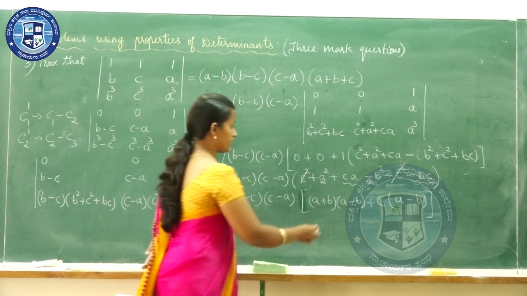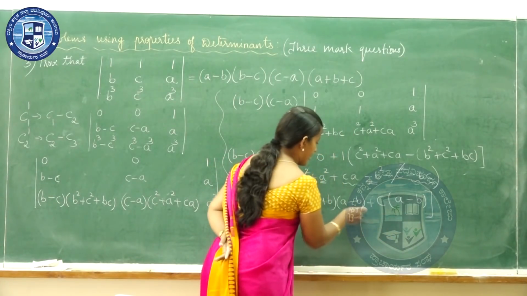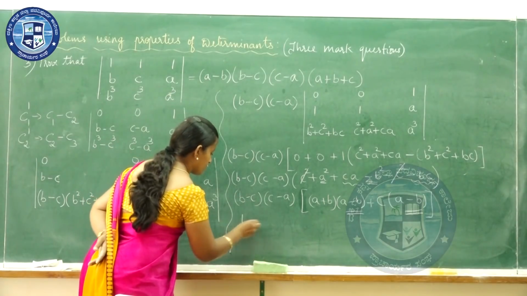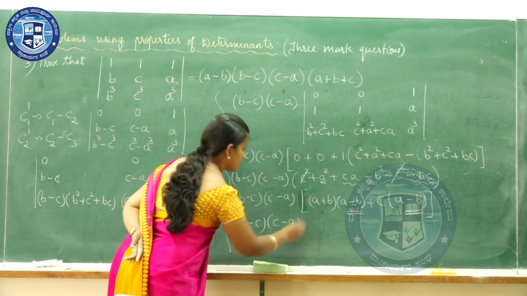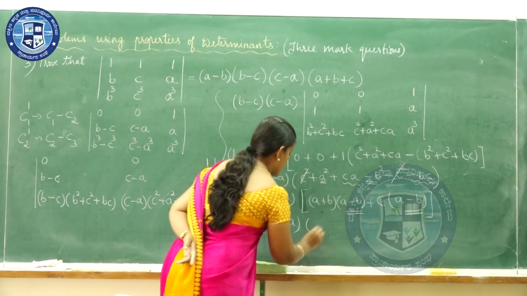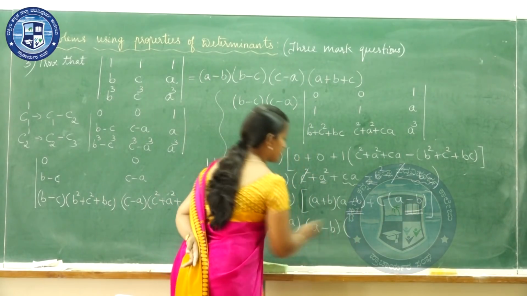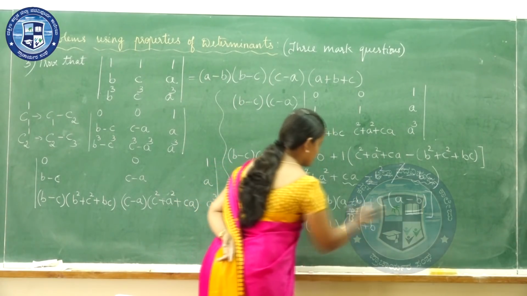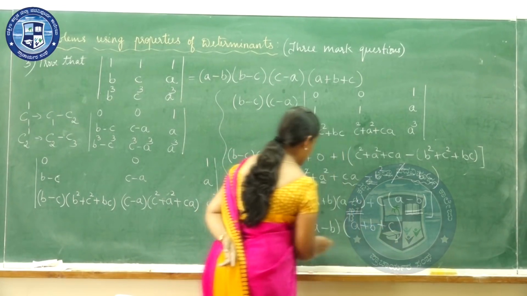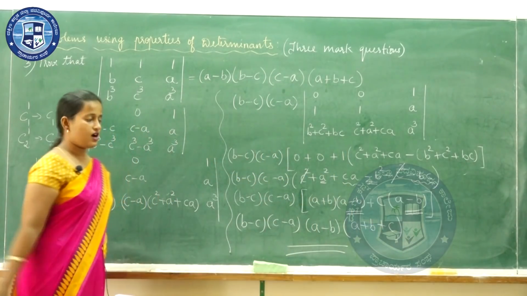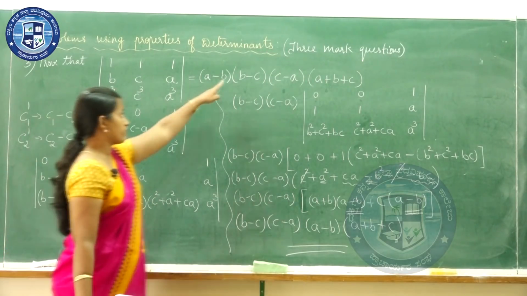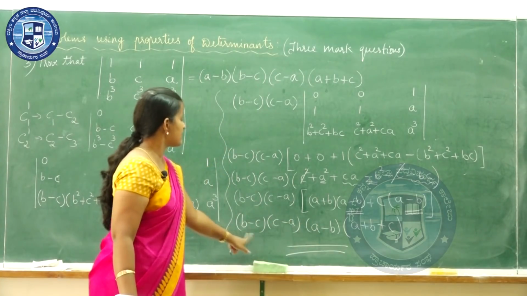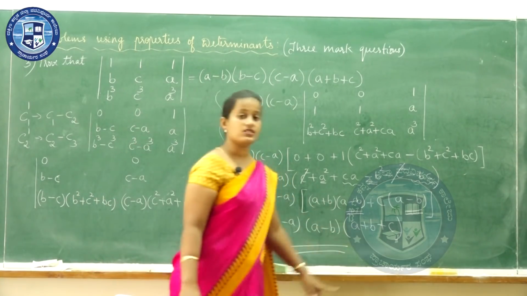Now if you observe these two terms, a minus b is common, so take it outside. So you will get b minus c, c minus a. From these two terms, a minus b is common. What will remain? If you take out this a minus b, a plus b will remain. If you take out this a minus b, what is remaining? C. So this is what remains and that's the answer. So you have got what is needed for the RHS: a minus b, b minus c, c minus a and a plus b plus c.